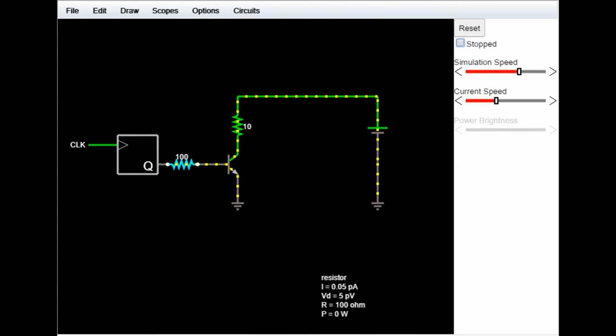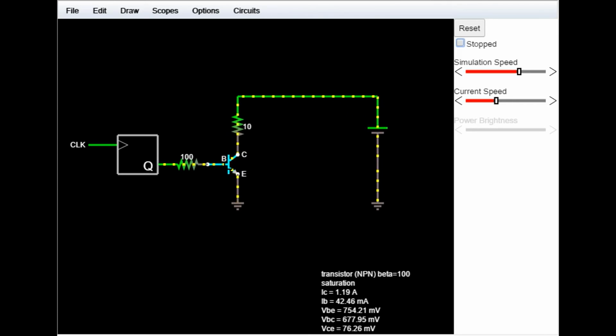First of all, I just chose an arbitrary resistor size without even doing any calculations. How do you choose the size of this resistor? I mentioned that the current going through CE in the transistor, which is the current going through the motor, which defines the amount of power getting transferred to the motor, is going to be equal to 100 times the current going through BE. We haven't done any calculations to find out what that needs to be. So let's take a look into that.